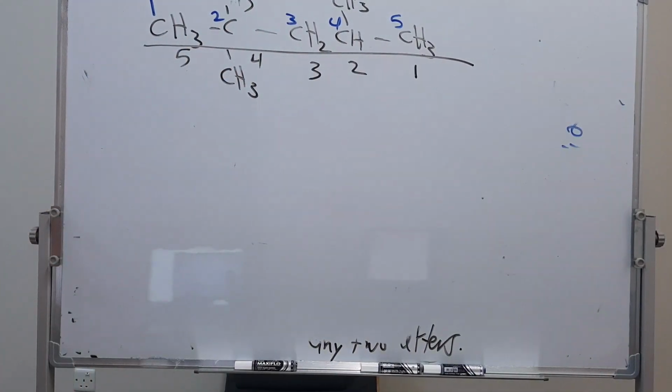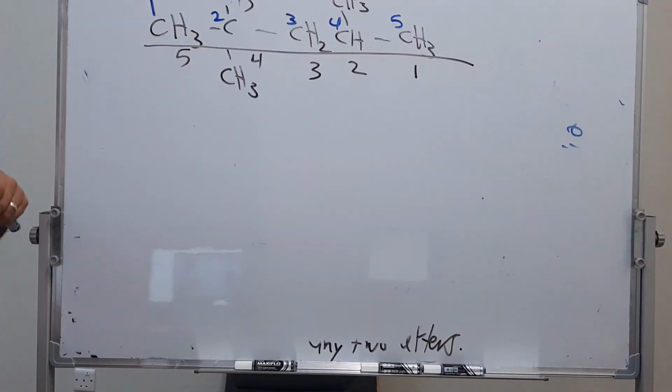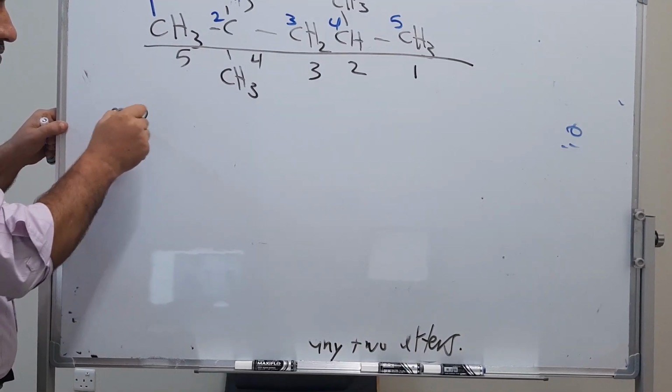Which numbering is correct? The left side is more accurate. Why, Fatima, is the left side numbering the correct one? Because it has the nearest branches. True. If you follow the left side numbering, what we are going to get as numbers of branches is 2, 2, and